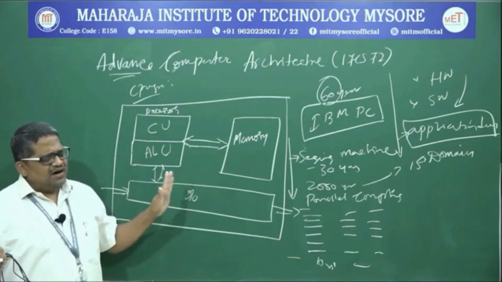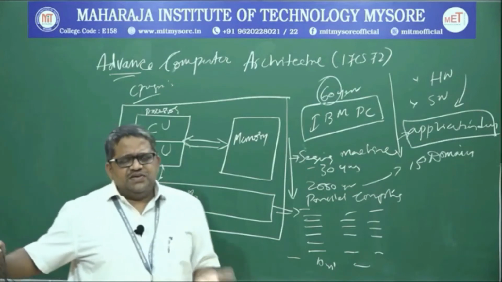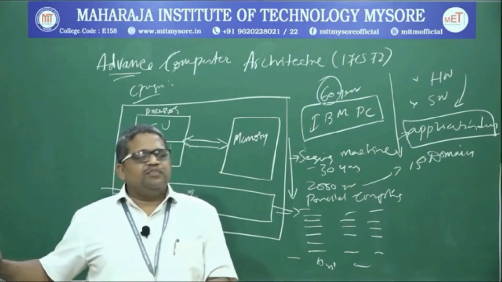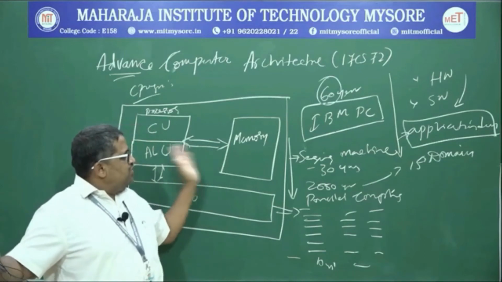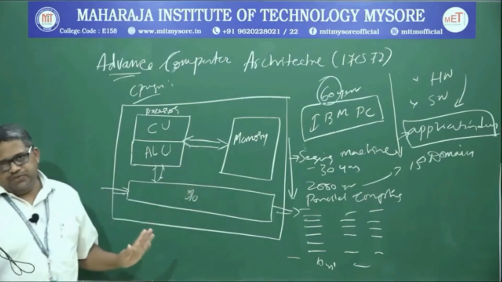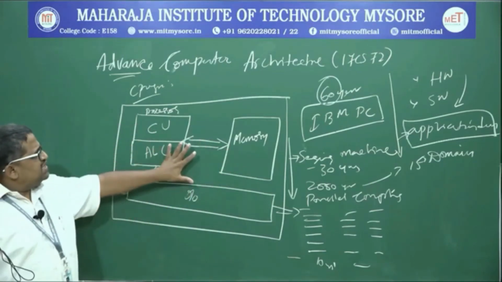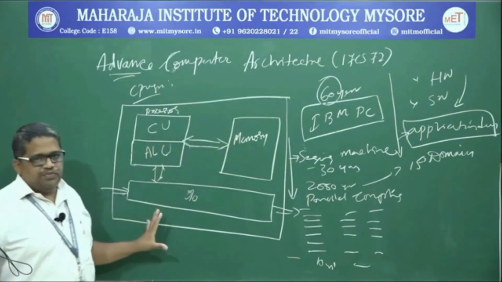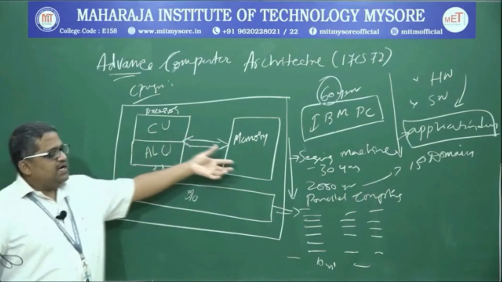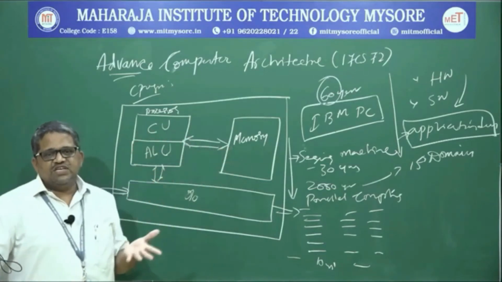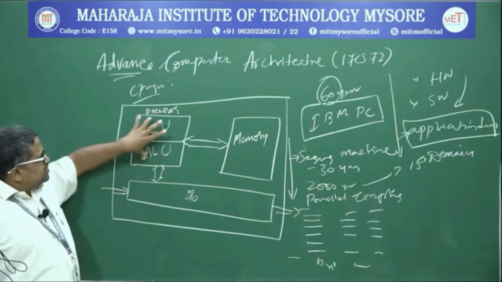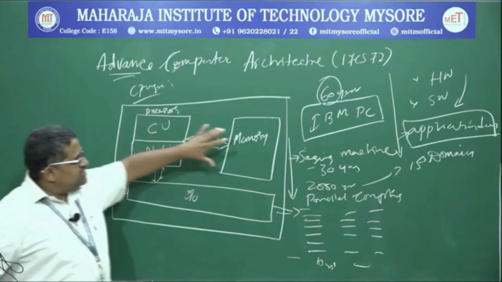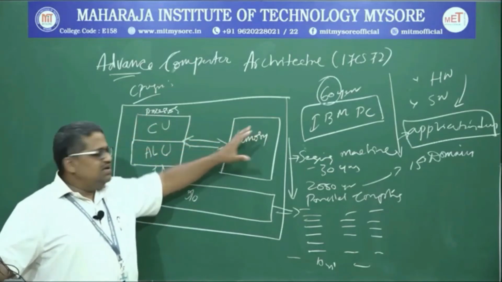Or I would simply conclude that it is the attitude of "dil maange more" that made us get ourselves evolved in all the aspects of a computer, right. Now the basic architecture of a computer is the same. It is simply a 3-block computer: input, output, and this one and this one. But where do you see the advancement? Advancement is either with respect to the processor, or with respect to the memory technology, or with respect